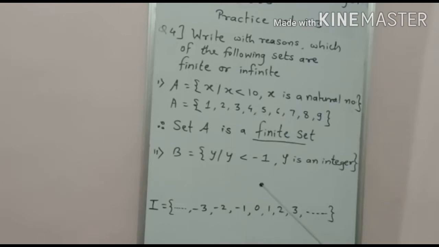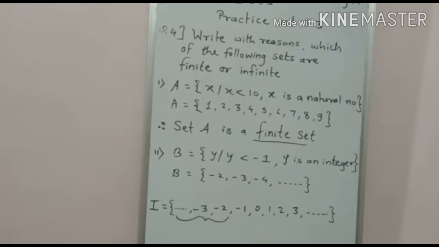What does it mean? From 0 and the positive numbers, which are greater than -1, we have to write the numbers which are less than -1, that is, from -2, -3, -4, -5,